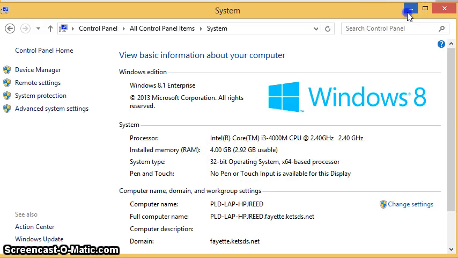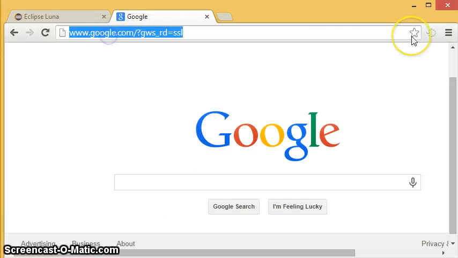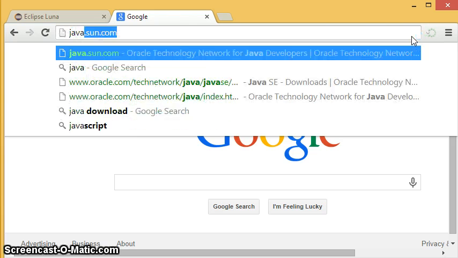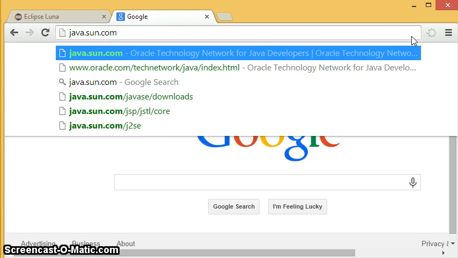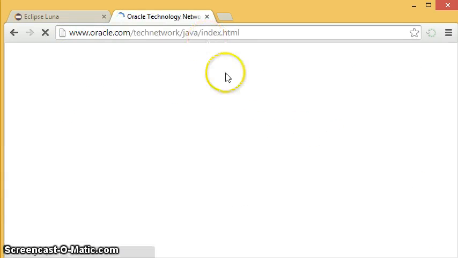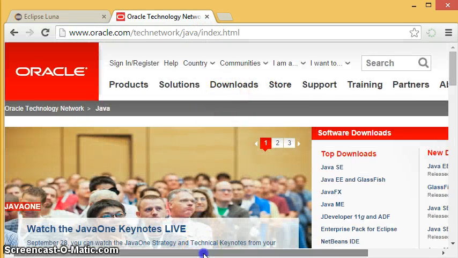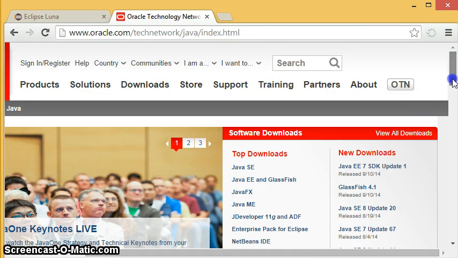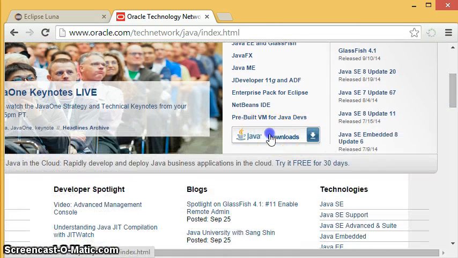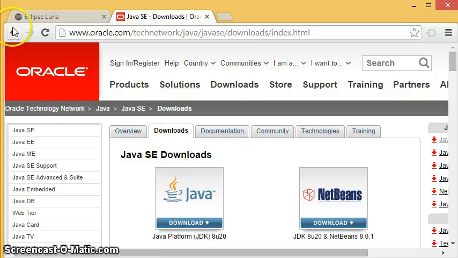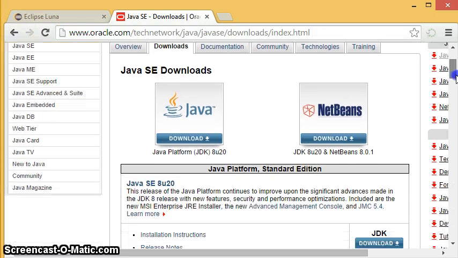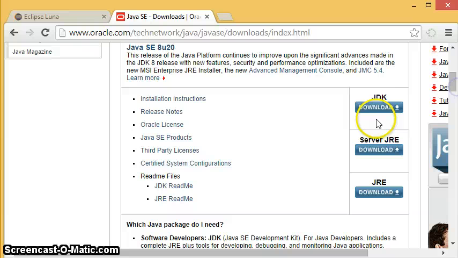So I have a 32-bit operating system. Then first you need to get Java before you get Eclipse. So if you go to java.sun.com, that's where I always go, java.sun.com. When you get to this website, it's not particularly user-friendly, but here they have a big button for Java downloads. So if you hit that Java downloads button, when you get here, the important thing is that you want